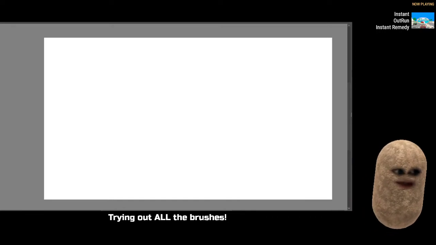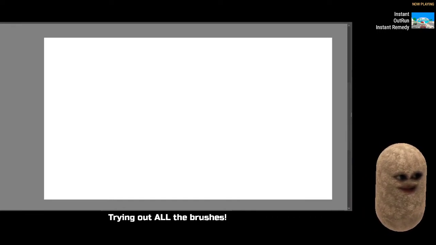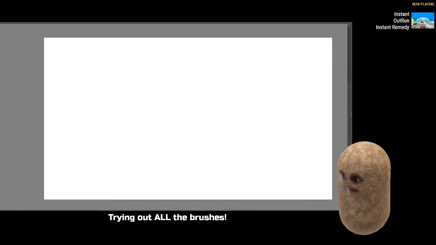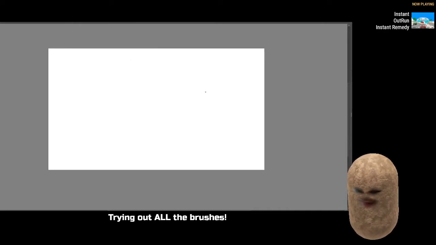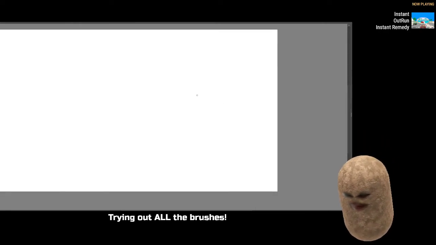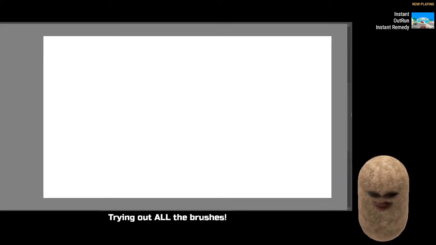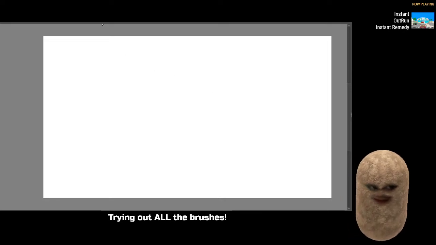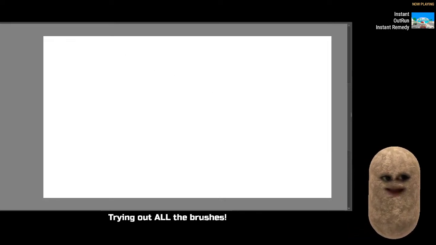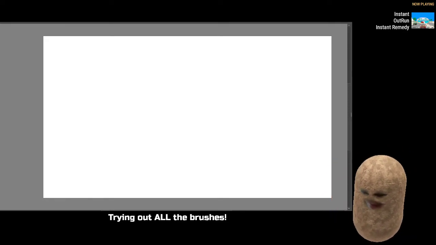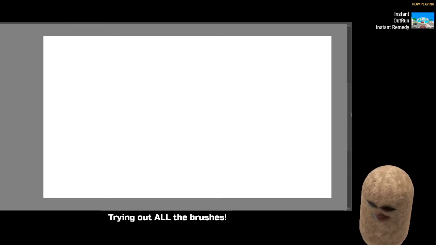So I've downloaded a bunch of brush presets from Revoy and a couple of other places, and I'm going to go through them because I've been doing some drawing for a little bit now, and I don't want to be stuck in the sort of mentality of, hey, my drawings don't look good, it's the brush's fault. But I can say that if the main brushes I've been using,